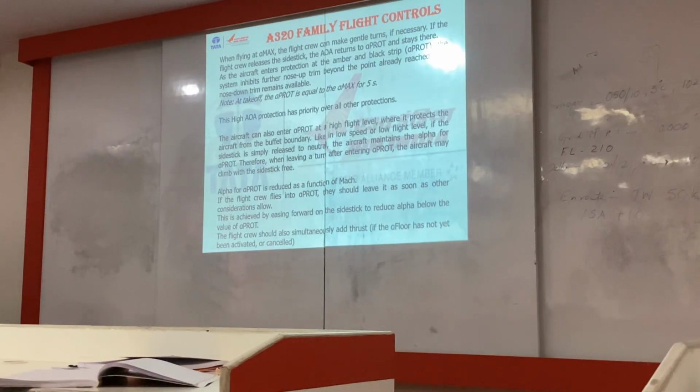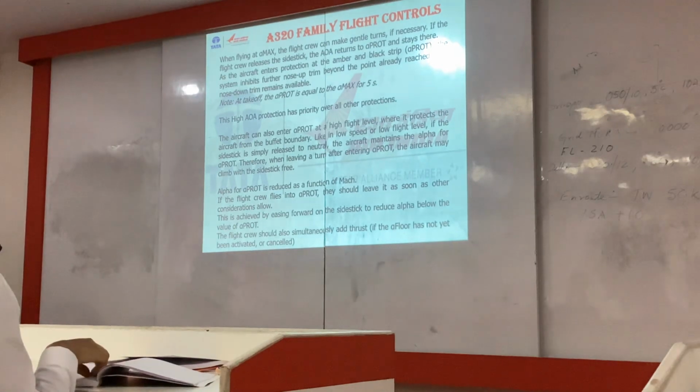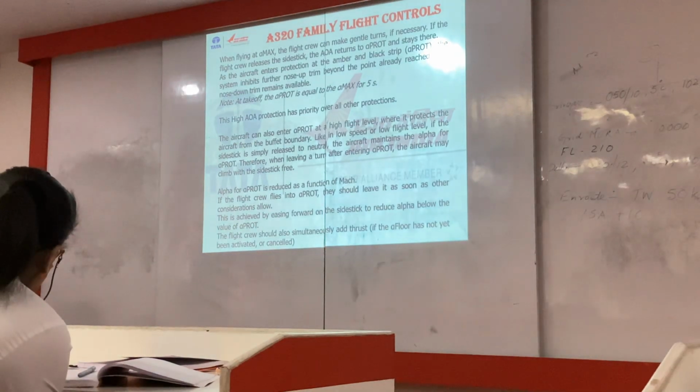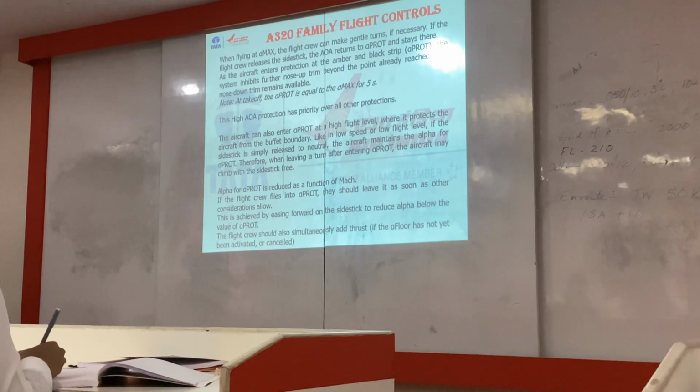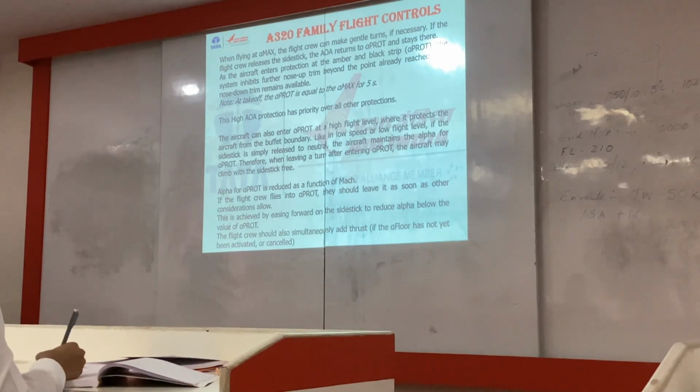When flying at alpha max, the flight crew can make gentle turns if necessary. If the flight crew releases the side stick, the angle of attack returns to alpha prot. The moment he or she releases the side stick, it will automatically come to alpha protection and stay there. As the aircraft enters protection, the amber and black strip, alpha prot, that barber pole, the system indicates further